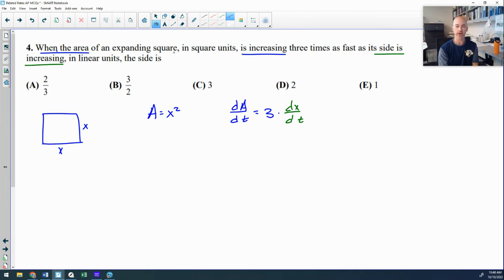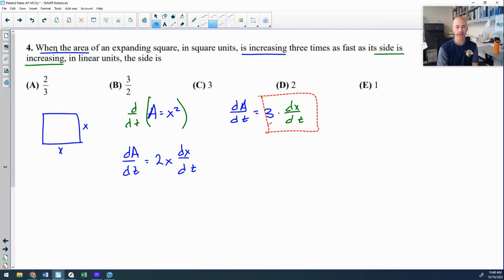So they gave me a mention of derivatives, however. So let's find the derivative. d/dt of that whole thing. So the derivative of area would just be dA/dt. dA/dt is the derivative of x squared, which is 2x dx/dt. And now I need to start substituting, and I'm simply going to substitute 3 dx/dt for the dA/dt, and this will fall into place quite nicely. So 3 dx/dt